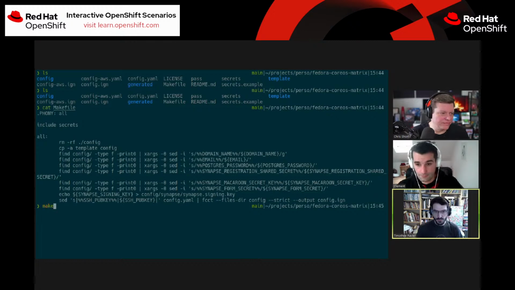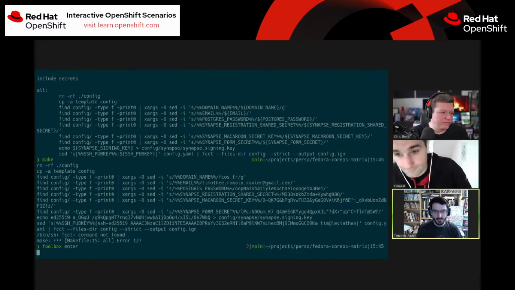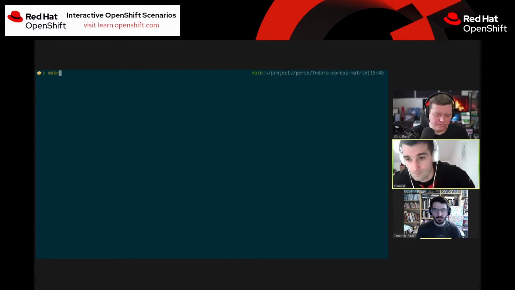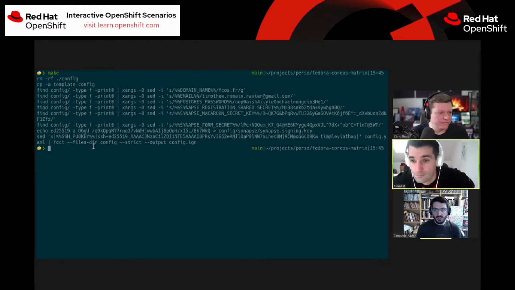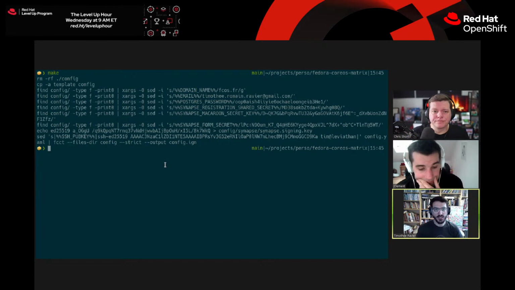And if you just do that inside my toolbox, that will work better. That will be it, and you will get an Ignition config. That's the last part here. It's a call to FCCT that will pass all the YAML and give you an Ignition config that you can give to a virtual machine,